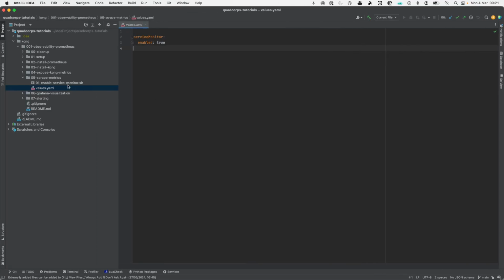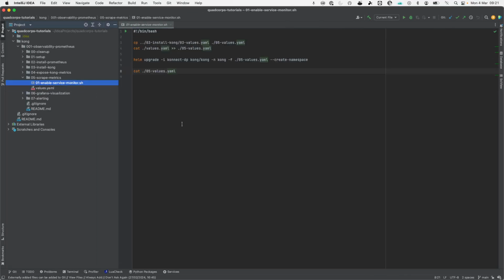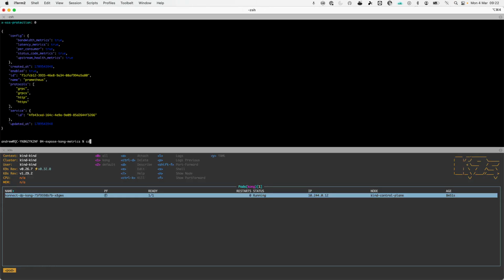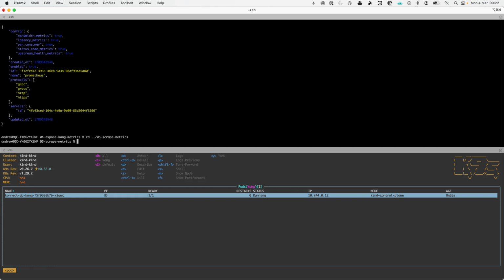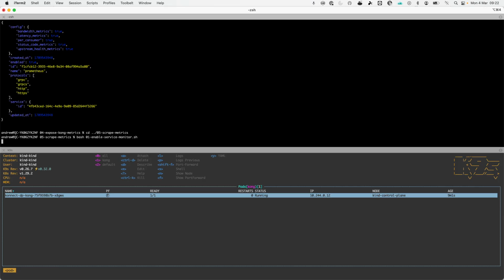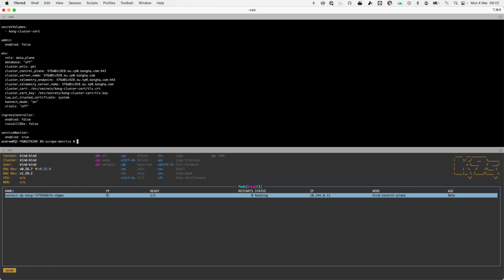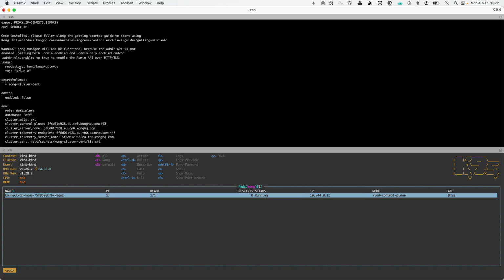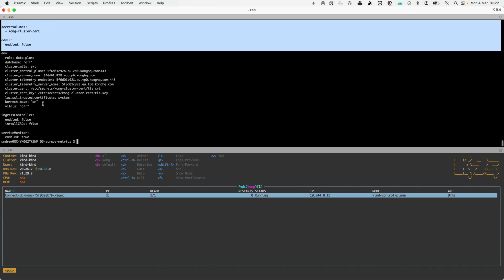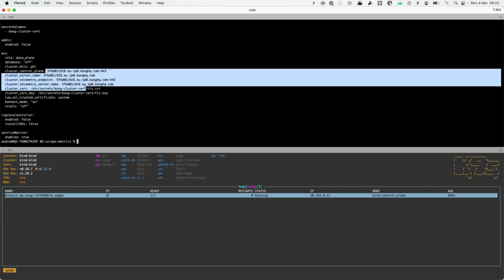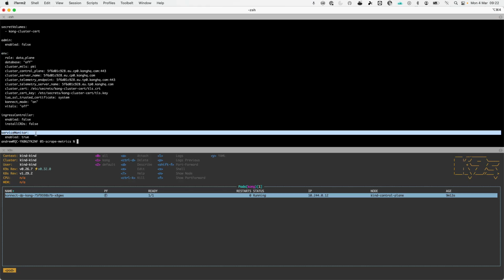So just having a look at the script as well, there's no input parameters because I'm just doing an upgrade on that Helm chart, and I'm actually pulling the values from the previous step as well. So let's do that. I'm going to move into the next step, and I'm effectively just going to run enabling that. And what we'll see when that starts running, you can see how, again, I've output the values file. It's got all the values from the previous one, all of the endpoints for connect, and I'm just adding a service monitor